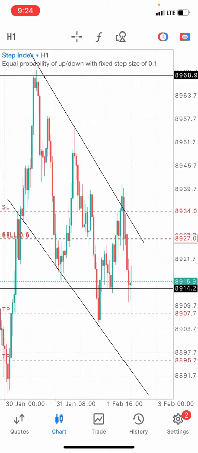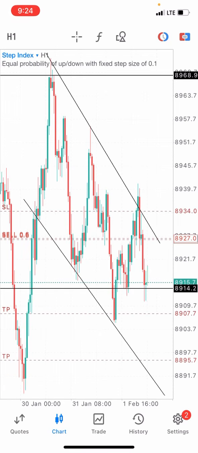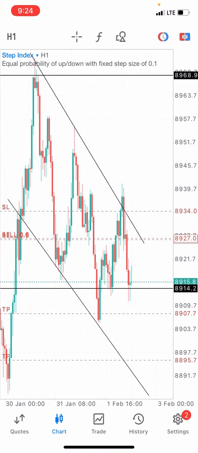Whatever market you are trading on, be it Boom and Crash, be it Step Index, as you can see here, be it currencies, be it stock, be it crypto, whatever it is, this works. So now you know the market direction is to the upside, and we all know that we want to be buying if the market is pushing to the upside.